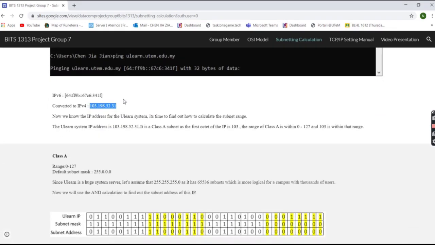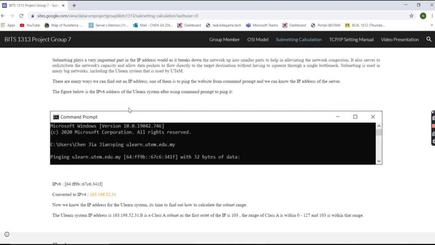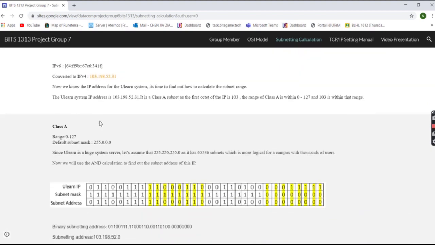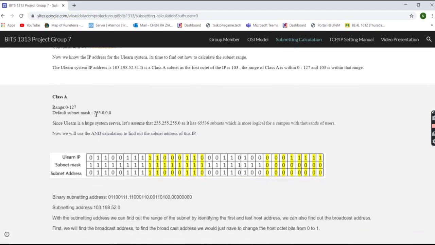103.198.22.31. So how do we know that this IP is the correct IP? This is our calculation. Since the first octet is 103 and class A's range is 0 to 127, 103 is within this range, so it's class A. So the Ulearn system server uses a class A public scheme network. So the default subnet mask is